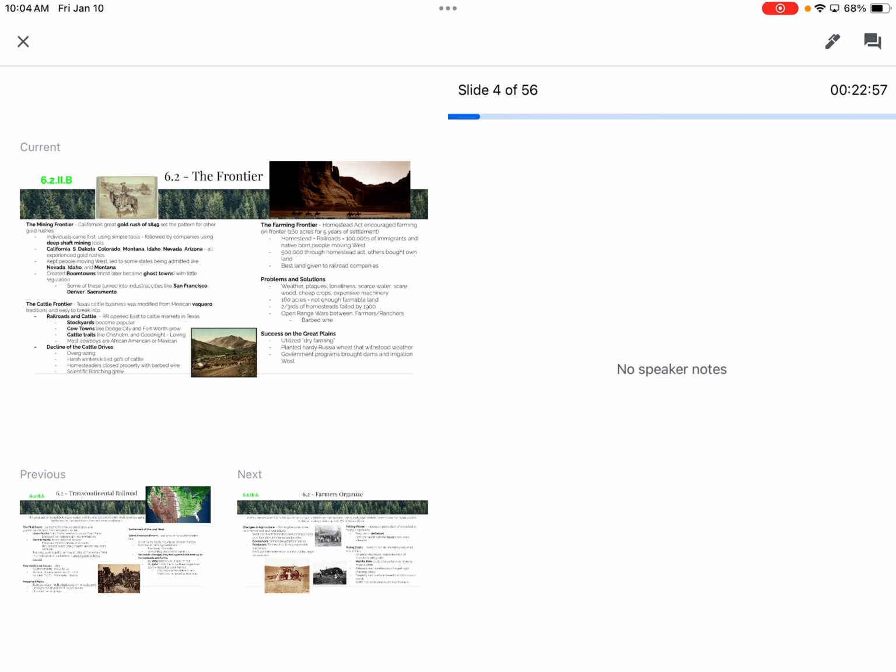further west to places like Kansas. Nope, that's not right. Denver, sometimes. Los Angeles, San Francisco, Sacramento, right? Those big cities. And that's how we see the cities keep growing. A lot of the homesteaders that failed moved into those big cities, and that's how they were able to grow.